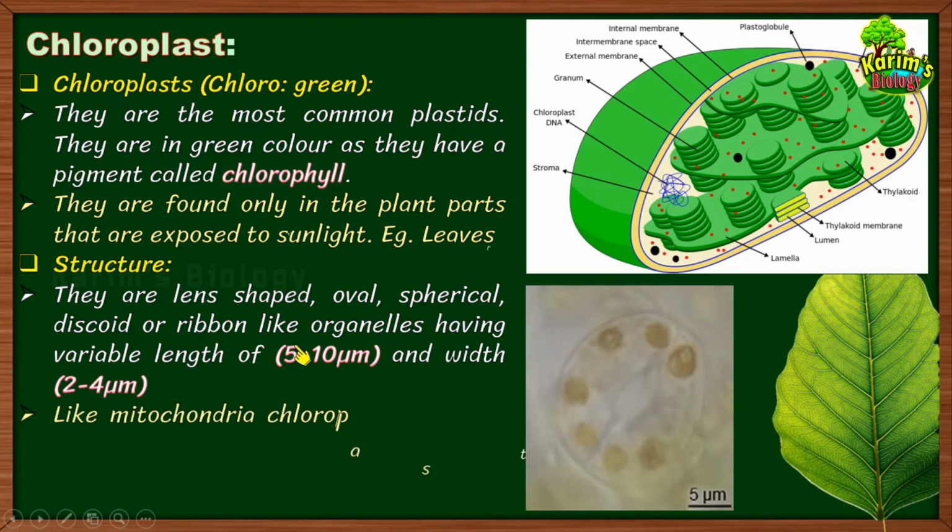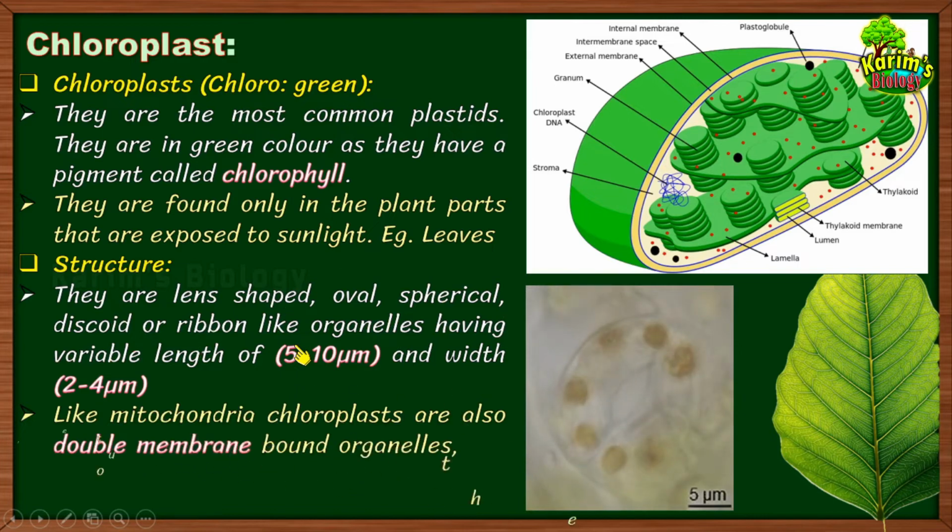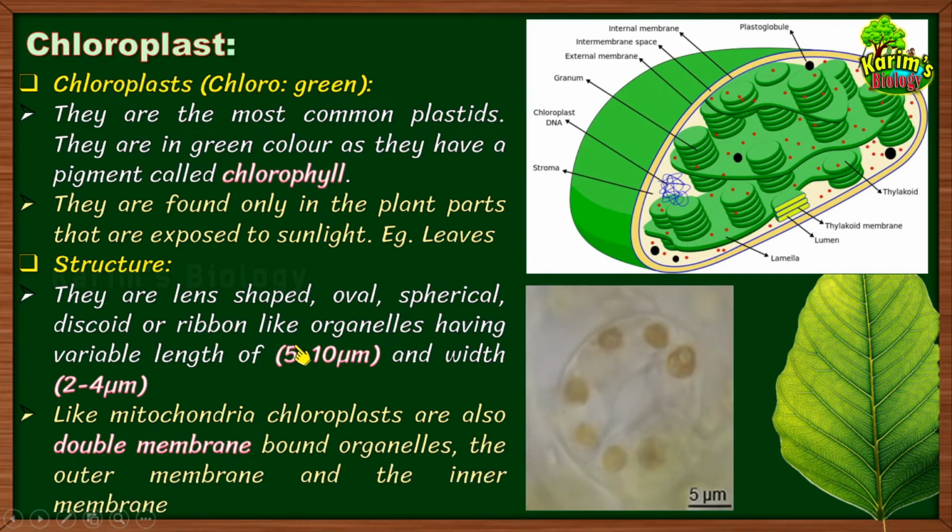Now let us talk about the components present in the chloroplast. Do you remember the structure of mitochondria? When we discussed mitochondria, I told you that mitochondria consist of two layers, an outer membrane and an inner membrane. In the same way, chloroplasts are also double membrane structures. They are made up of two membranes. Okay, they are membrane bound organelles, and how many membranes? Double, two membranes are there.